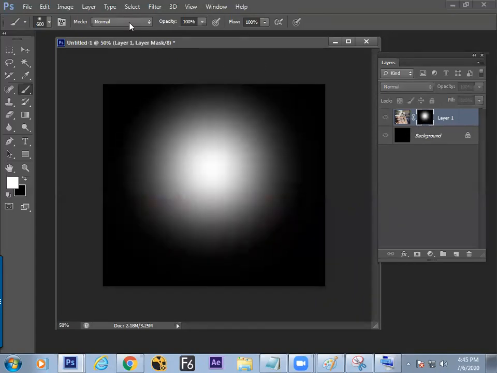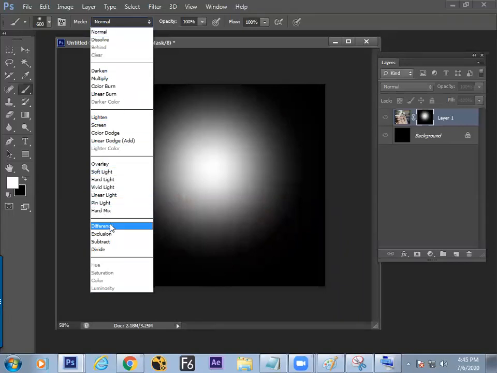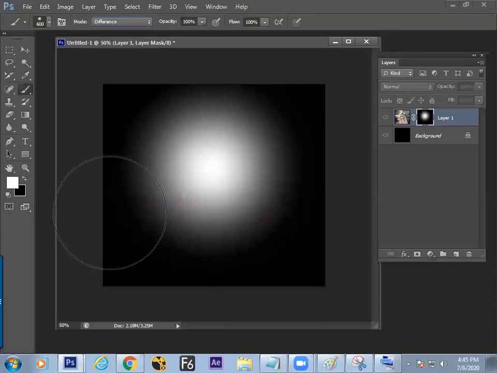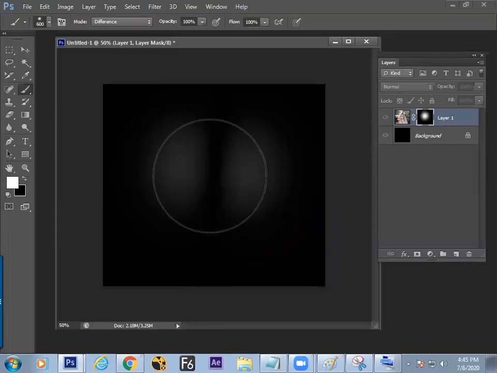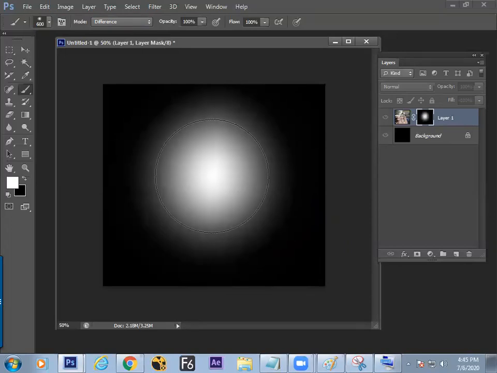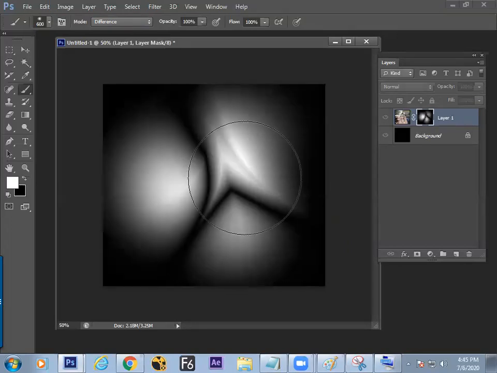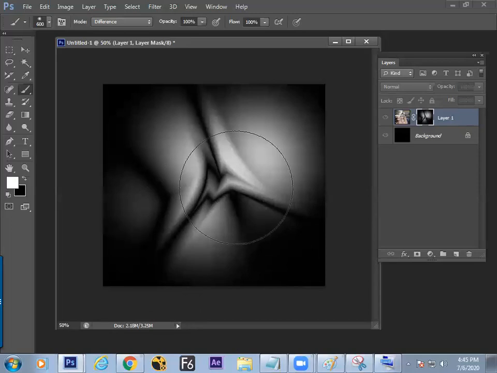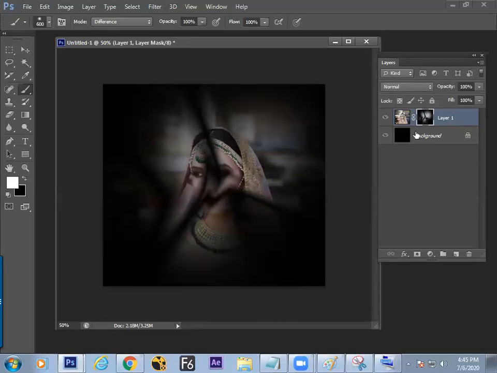Now change the color mode to difference. In the last class, we took a number of times to understand what difference mode is, how it works, what the magic behind it is. All the things are clear. Now use that knowledge on a live case. What happens whenever you paint white over white, it turns into black. Now again, you are painting white over black, it turns into white. And change the position, just hit it up. Job is done. Your texture is clear.